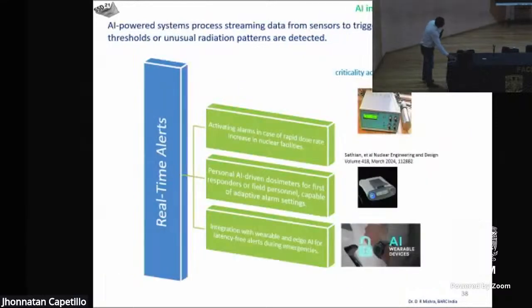Of course, alarm-based systems are traditionally available, where they give a beep. But now we are integrating this kind of system with so many inputs available: temperature, pressure, area, backgrounds, so that whatever alarms are coming should be consistent with the environment, not just a beep saying that okay, you have crossed certain limits. So this new technology requires AI tools and machine learning. You need decades of data, different types of data, which can be fed in, so that you can take appropriate decisions.